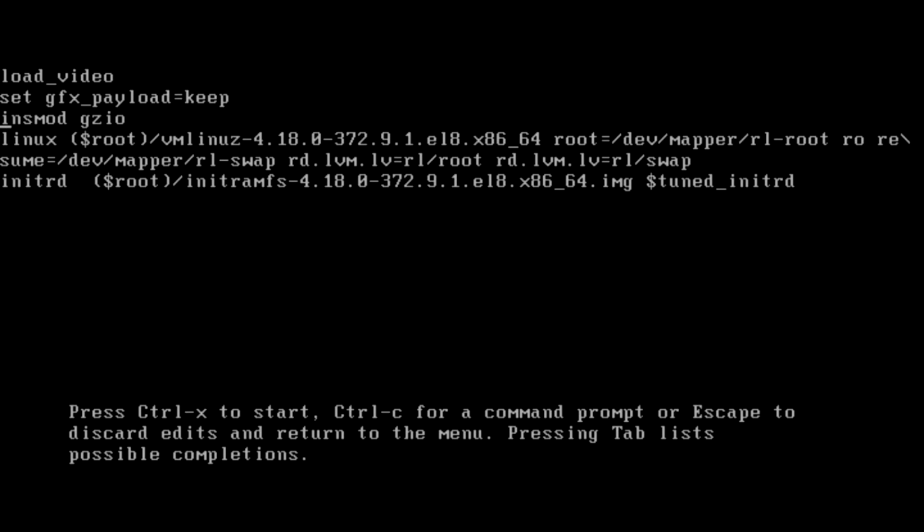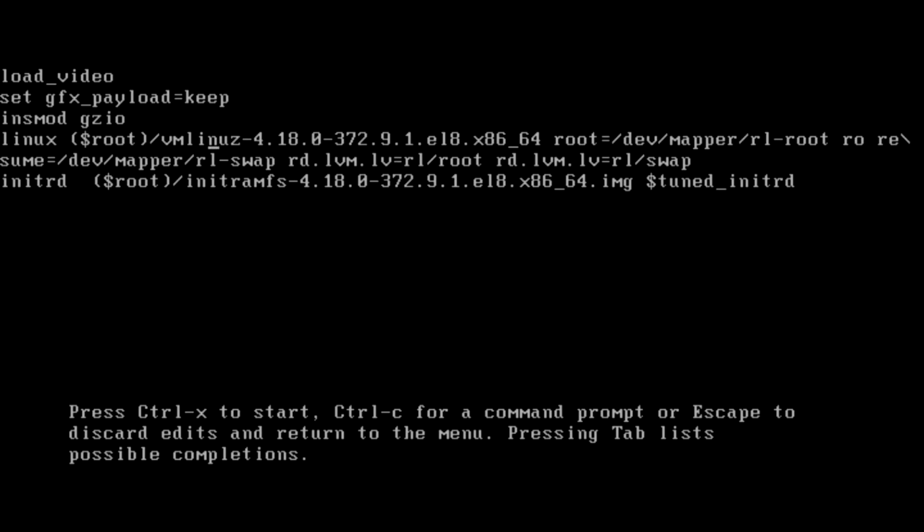Here you can see different commands related to the boot up process. The important command here is linux. Anyone can edit this command and directly log into your Linux operating system by bypassing any authorization. So this is very harmful for your Linux server and your security may be severely compromised.